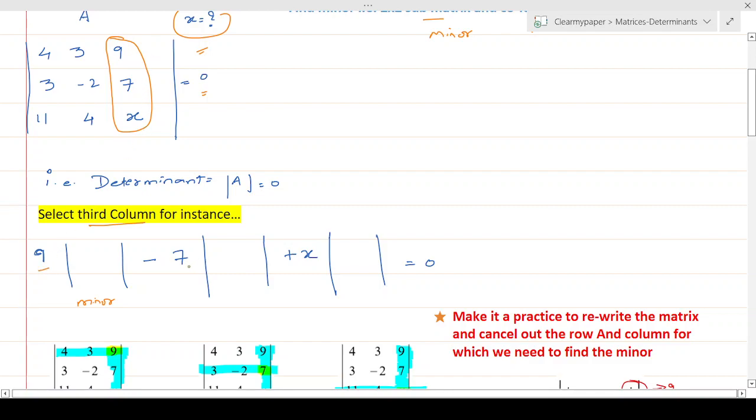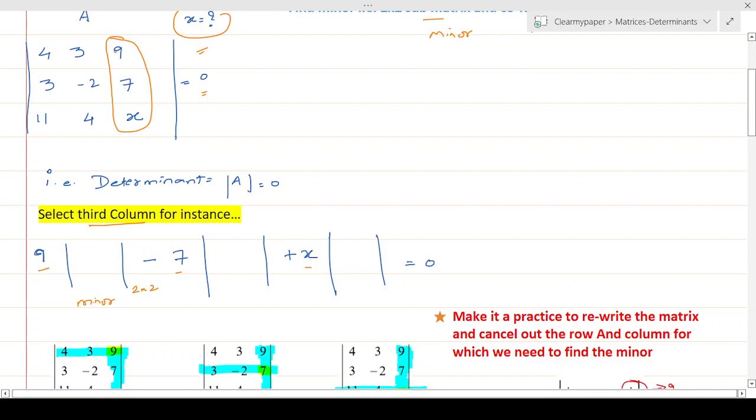I've put that element here as a scalar, outside the determinant. That's what it means. And the submatrix itself within the determinant is going to be of a lower order, which is 2 by 2 here, because we have a 3 by 3 matrix. So we are going to form a submatrix of a lower order that itself will be formed by excluding the